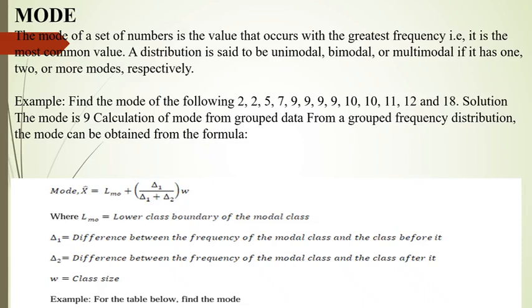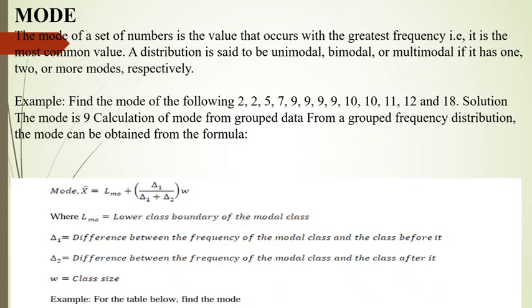Then n over 2 is 50 divided by 2, which is 25, minus the cumulative frequency of the class before the median class, which is 13, all over the frequency of the median class. The frequency of the median class is 12